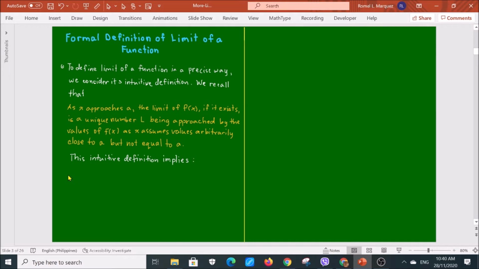We are going to convert these lines in the definition into their equivalent forms. First, as x approaches a, the limit of f of x, if it exists, is a unique number L being approached by the values of f of x as x assumes values arbitrarily close to a but not equal to a. So that means we can make